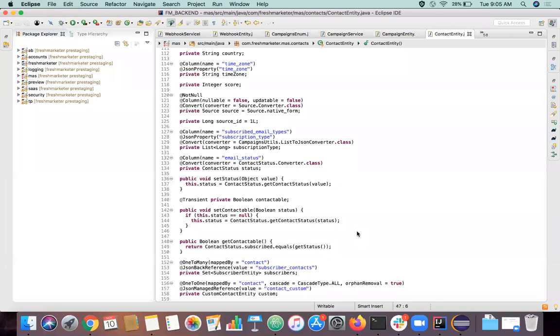No, it can be used in a different way. You can have this set logic inside the setter method itself, right? Probably you can think of a way to get the environment, whether it's a mobile environment or a desktop environment. If it's a mobile environment, the ID has to be this. If it's a desktop environment, the ID has to be that. You can have that logic inside the setter method itself.